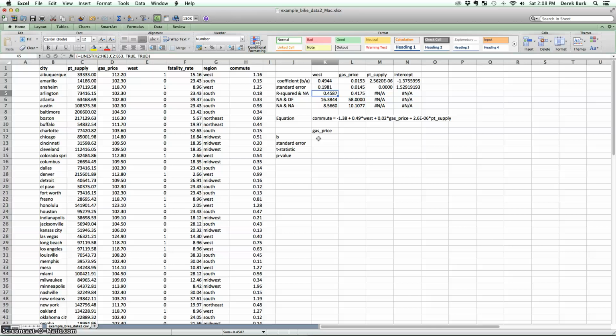So now let's jump to part E, which is asking you to do a bit of a hypothesis test on one of your coefficients. The first regression I did was with gas price. That was the variable that I was most interested in. So I'm going to isolate that, and I'm going to type gas price here somewhere below. This is just to keep track. And then in the cells next to it,